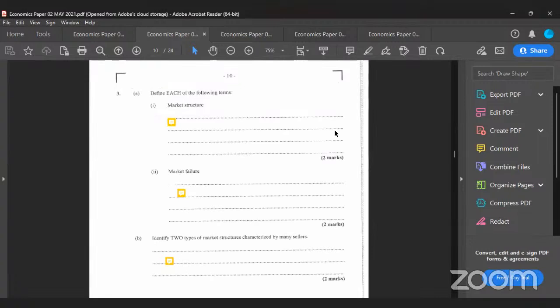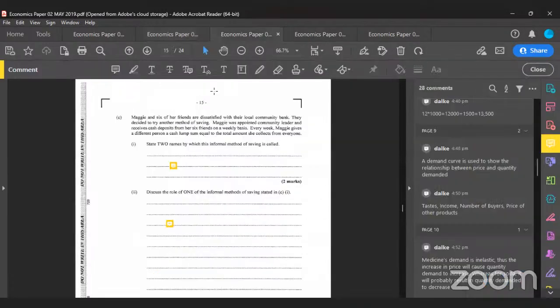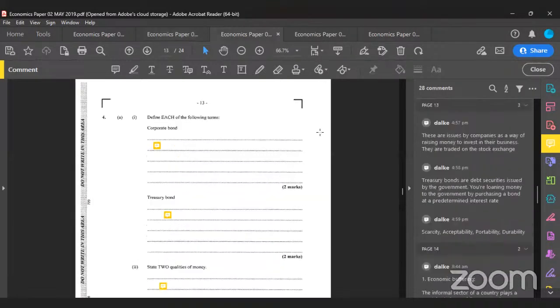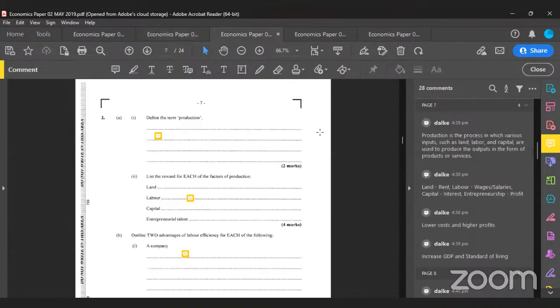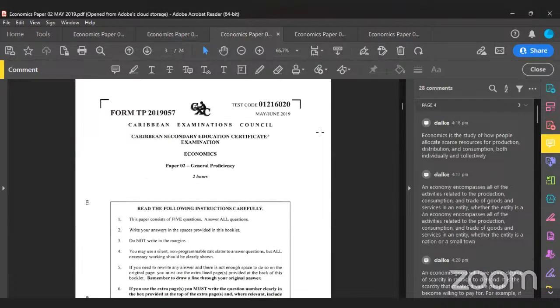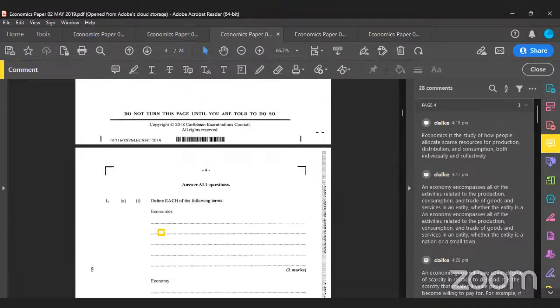All right, so now I guess I can jump to another paper, but we'll keep on going through various papers. Because you work on the papers from the syllabus perspective, you have an idea of what they will ask or what they can ask you. You have a pretty good idea of that from beforehand. So this is 2019's paper.